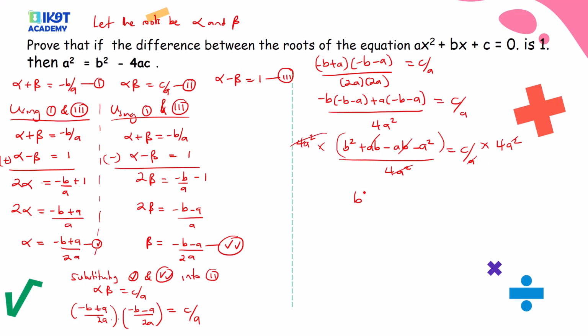So what do I have? b squared minus a squared is equal to 4ac. Then now I look at my proof. You just rearrange this and this will be a squared is equal to b squared minus 4ac, and we've proved that. Okay,